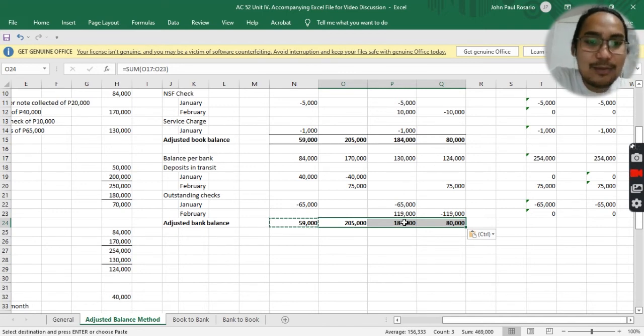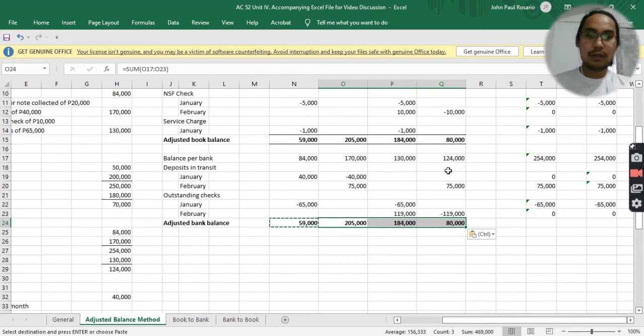205, same. 184, same. 80, same. So, meaning our book and bank have been reconciled to the adjusted balance and there is no shortage or overage. Okay. So, with that,